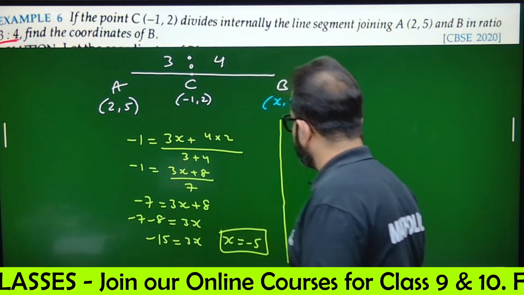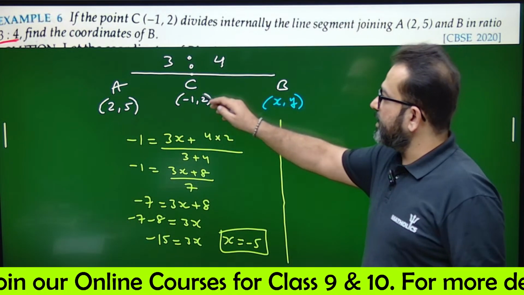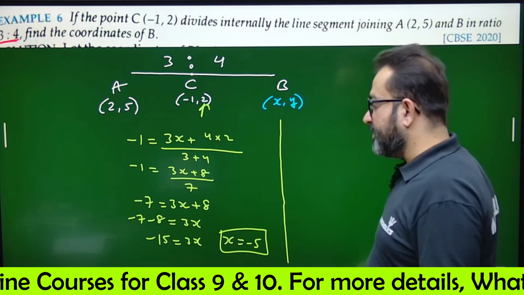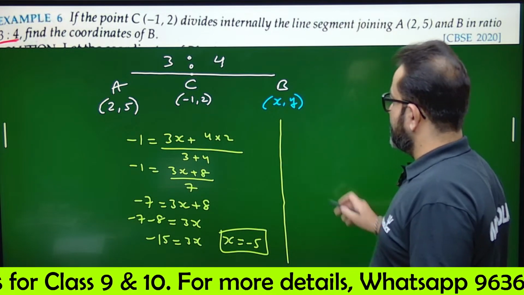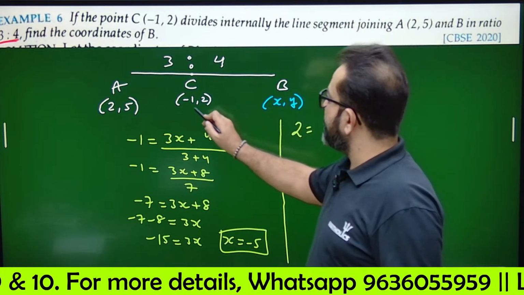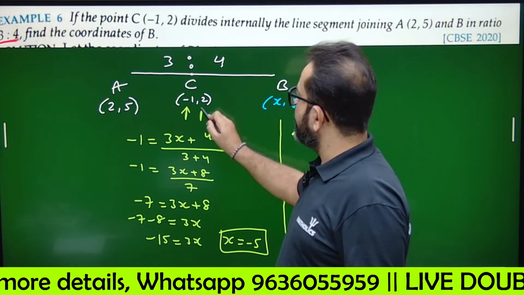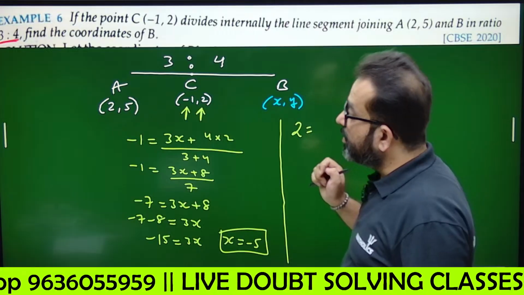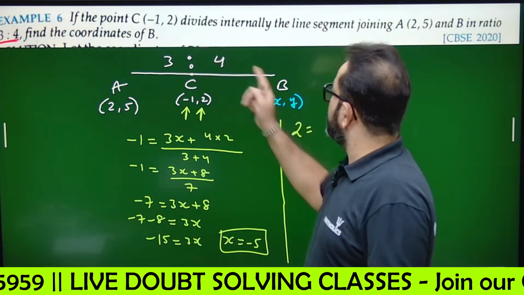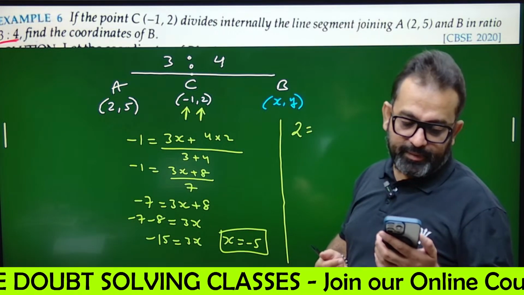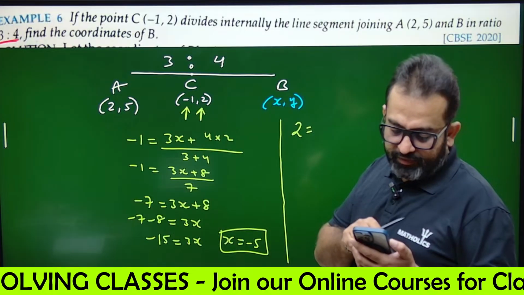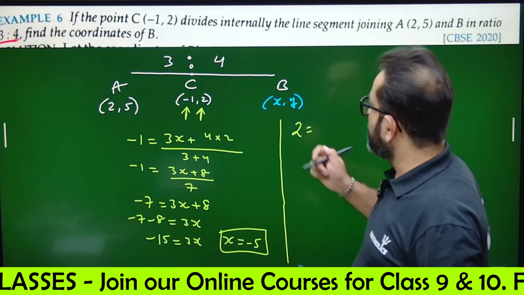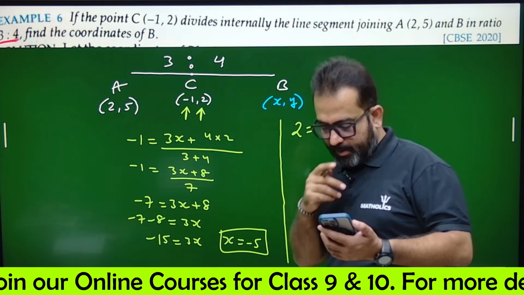Similarly, can we find the value of y? We'll write this. This coordinate is the y, and we have to equate this. So 2 will be equal to this. First I did for this, now I am doing for this 2. So 2 will be equal to 3 into, no. What do we have to do here? 3 into x or 3 into y? What will come? Tell me in the comments. What will come here? 2 equals to what? What should I write? Tell me.